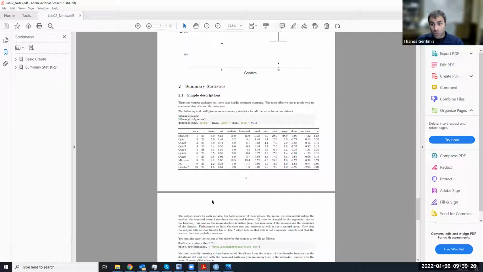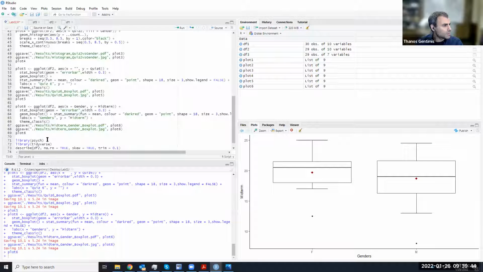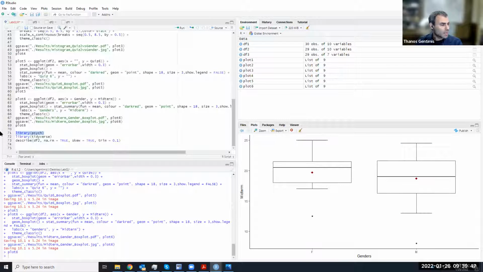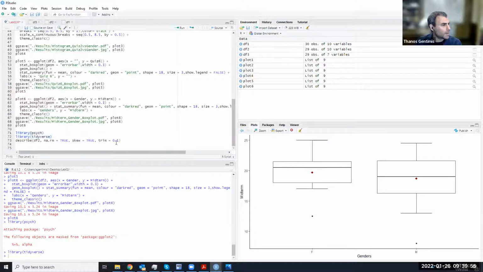Now, another big chunk for this first section of the class is to get those summary statistics, right? The ones that we mentioned. And it's quite simple to create those summary statistics with various packages. This package psych, package tidyverse will do that for us. And the command here is just basically describe. So I'm going to grab this too and drop it in here. I actually already have the tidyverse, but I do need this new library psych. Again, if you don't have it, make sure you install it. So run these two lines so the packages are turned on, and then the describe,